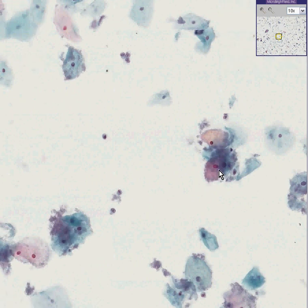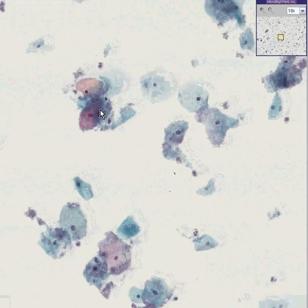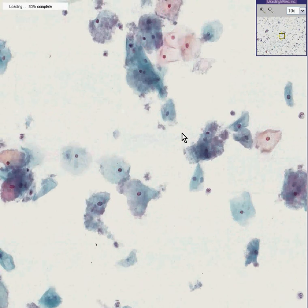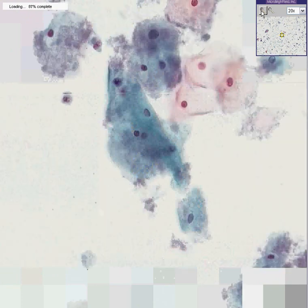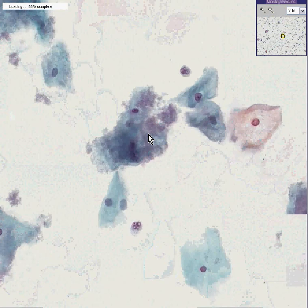or orange or red. If you want to look around for 6 hours and determine that there's no atypia here, you can, because I already did, and there's no atypia on this pap smear. So does that mean we should just file it away? Well, we could, but the thing that I'd like to show you on this is that in the normal pap